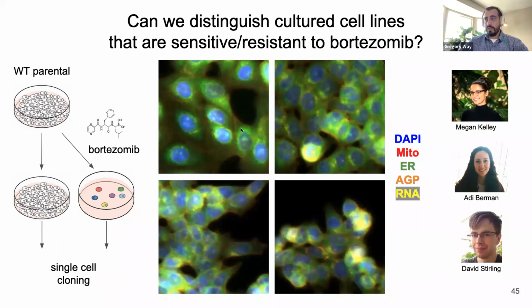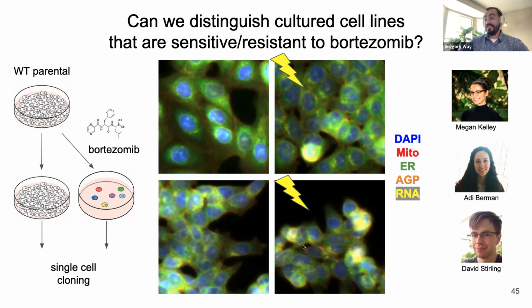In all of those clones, we applied the cell painting assay, and this is the 5-channel merge representation of the individual cells. And typically, if I'm giving this talk live, I would ask the audience if they could tell me which one of these images is resistant and which one isn't. So I don't know if anyone wants to jump out with a guess. It's kind of harder to do over Zoom.